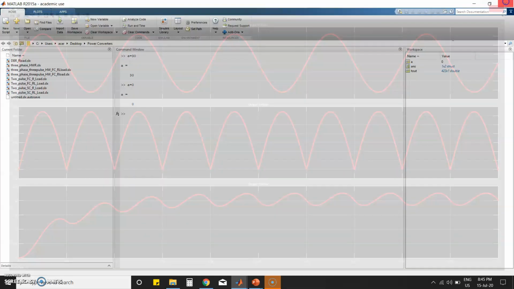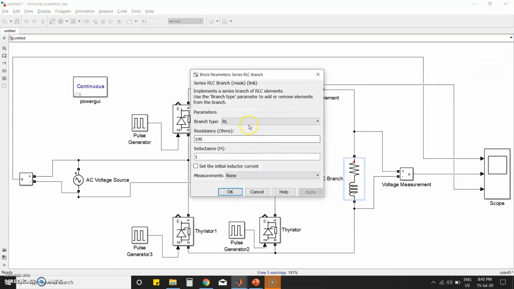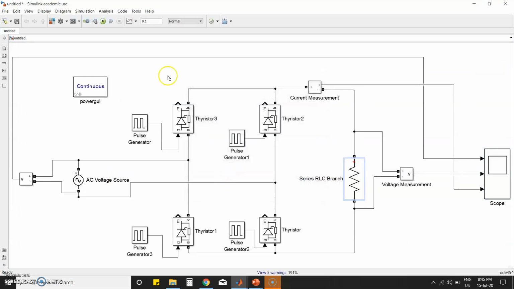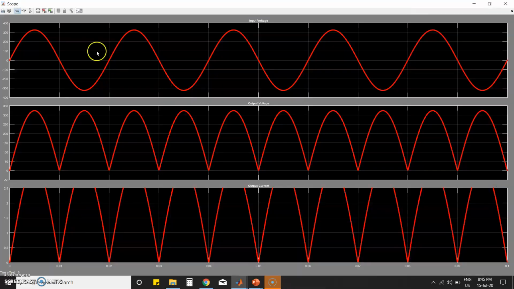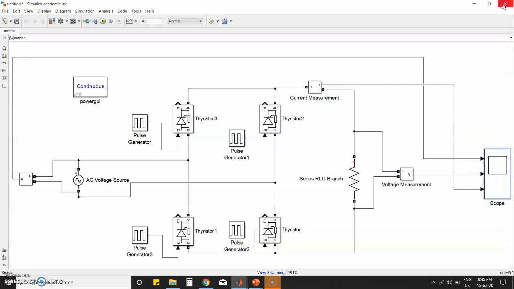If I change the load to R load with firing angle 0, then the output will be similar to your diode bridge rectifier. So this is what we can do with the firing angle. On the basis of the firing angle, we can control the output voltage and output current.